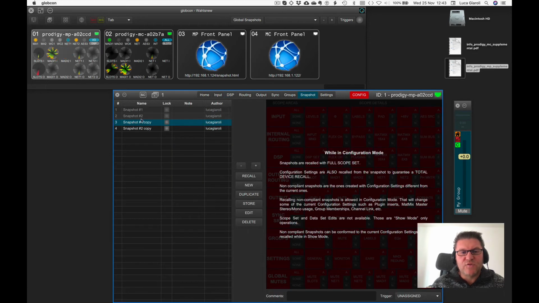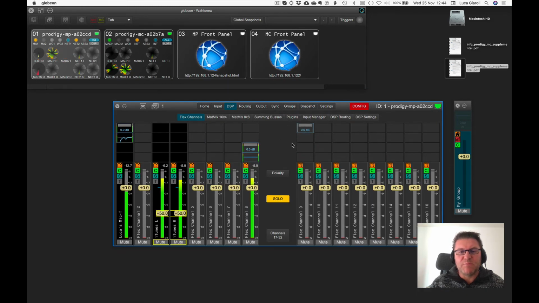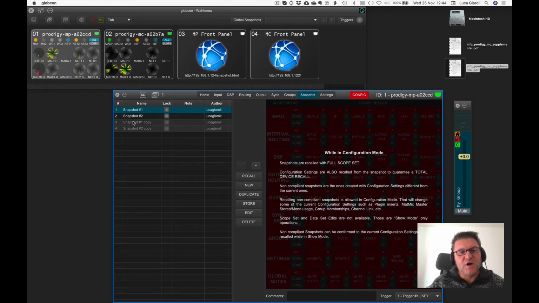So you might have good reasons why you want to keep some non-compliant snapshots in the list, to have the possibility to be exactly in the same shape, both on the snapshot data and the configuration setting, recalling a complete snapshot, a total device recall while in configuration mode. If I want to go back here to the situation, I simply recall that. The system is recalling exactly the same settings, including the plugin inserts and stuff like that, and calculates the compliancy or non-compliancy of existing snapshots. I still have the possibility to get back to my